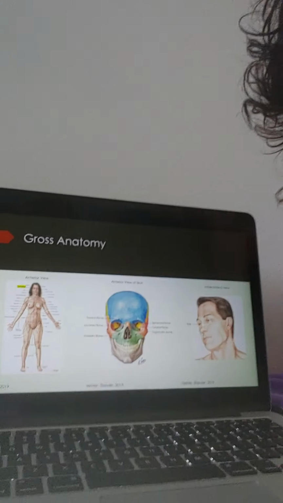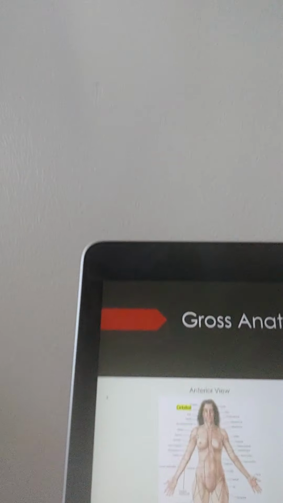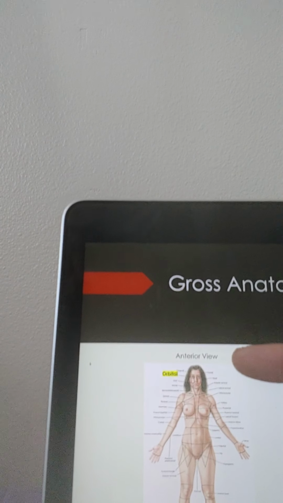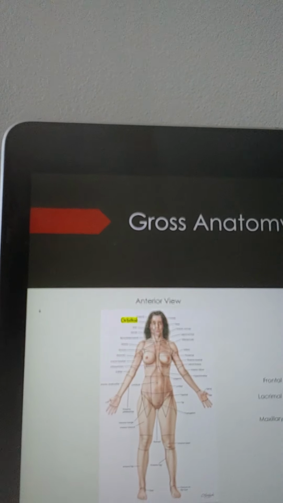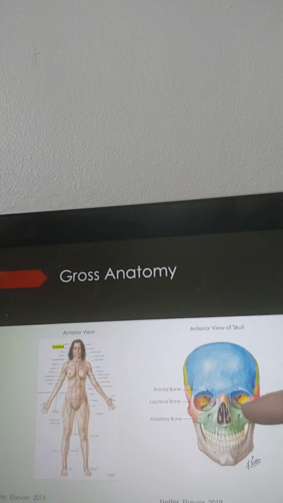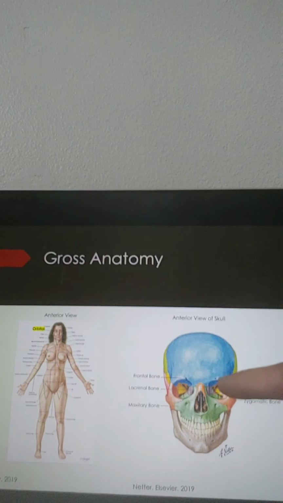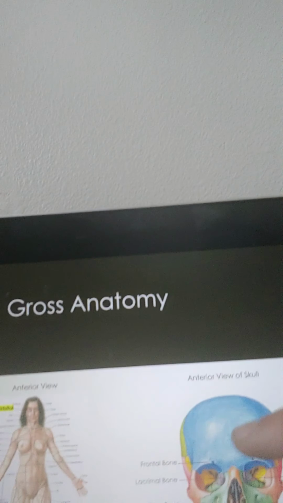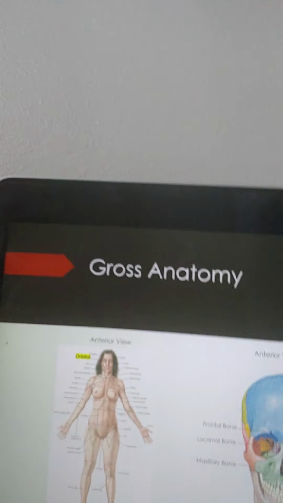So, the human eye, this is some gross anatomy. The human eye is located on the superior side of the anterior side of the human body. On the skull, the human eyes are in these optic orbitals, these hollows that are surrounded by many of the bones of the human skull,